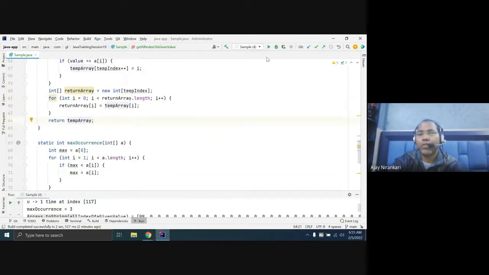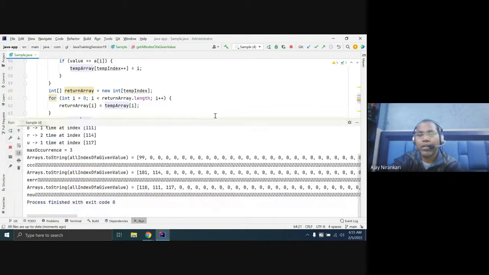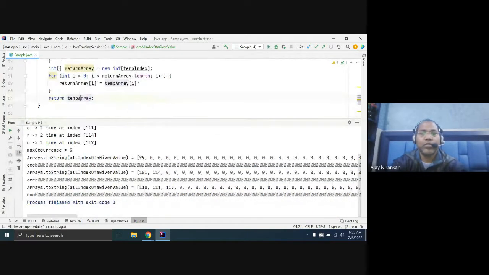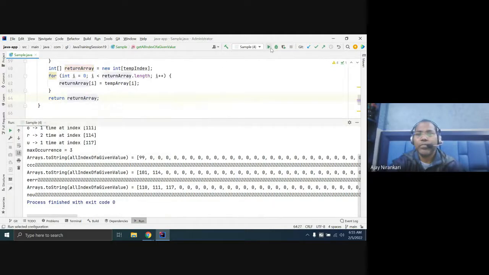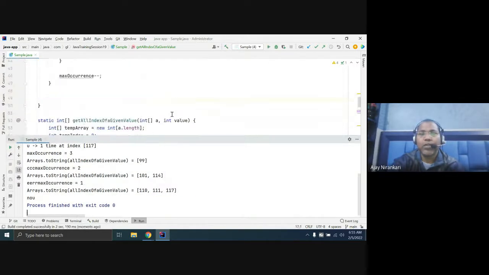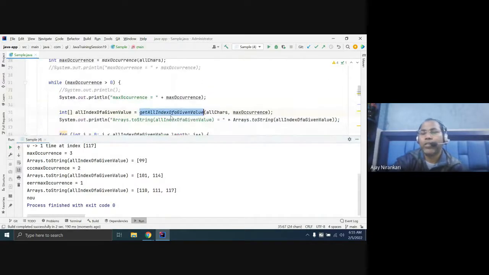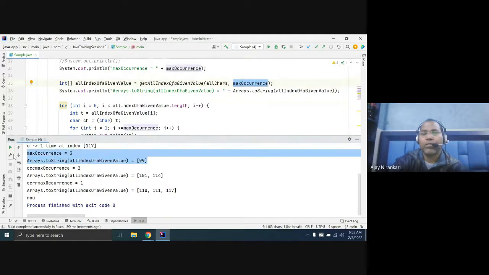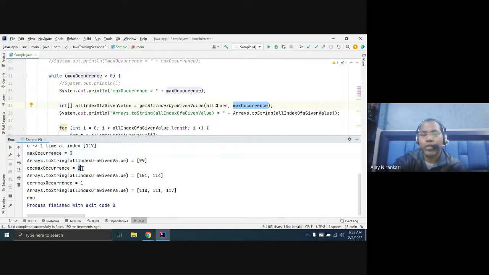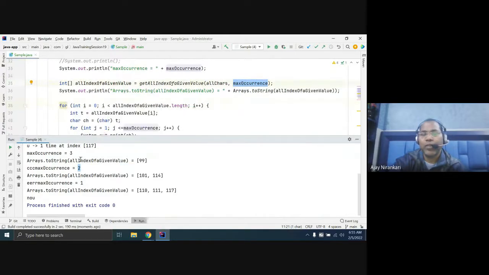Let's run again. Sorry, I just have to change temporary. Let's try to understand. Here you are calling this method in a loop. First time you are passing a 2, so this method returns only this. This is the return. Okay. Next time you call for the next 2, right? Are you getting my point? This is a new method call here.